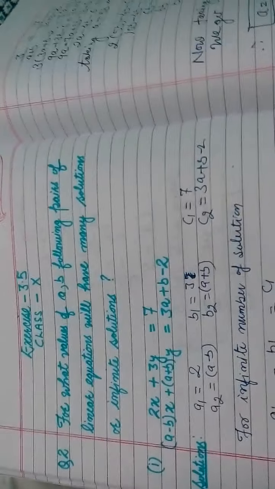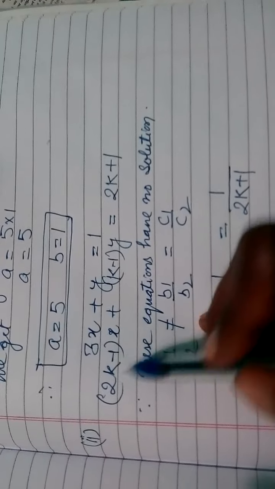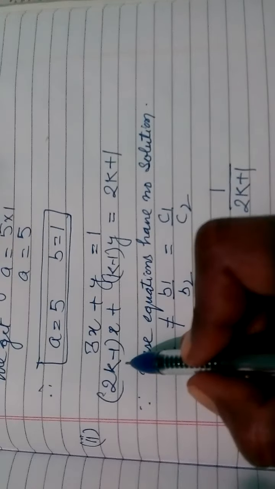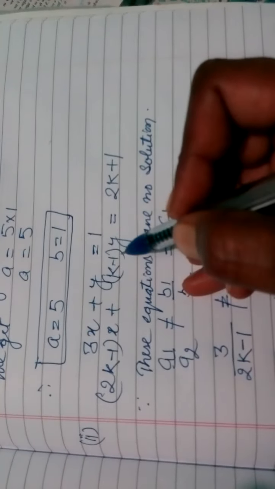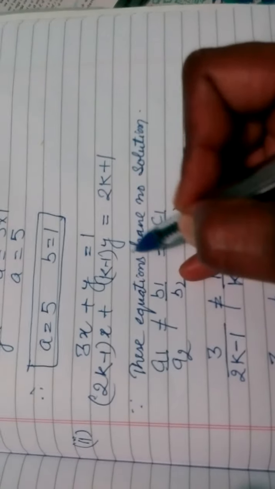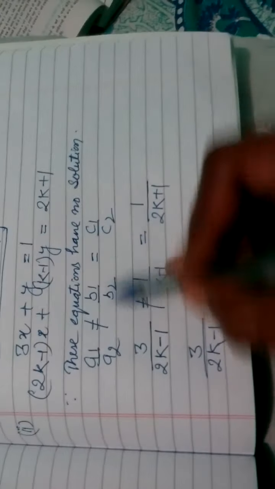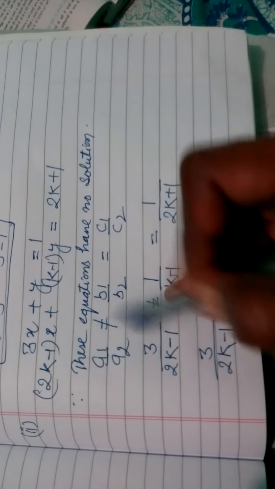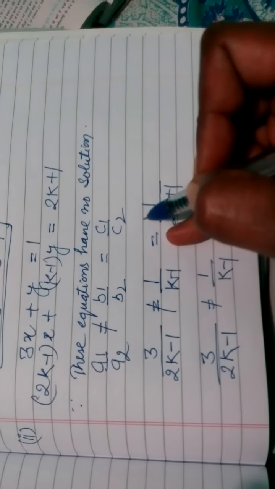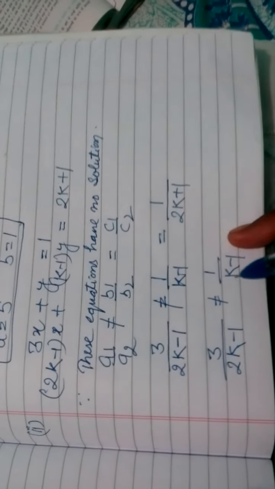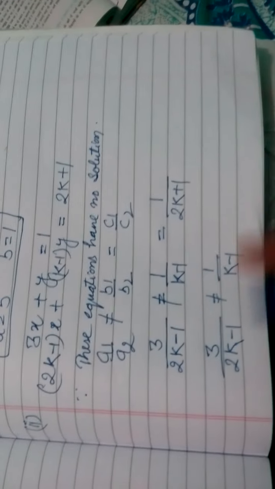How have I done it? Let me repeat one more time. Here these two equations have been given, and you have been asked what value of k should be taken so that these equations have no solutions. We already know the condition for no solution, that is a1 upon a2 is not equal to b1 upon b2 is equal to c1 upon c2. It's up to you whether you want to solve these. Firstly I took these two ratios, and when I solved these, I got